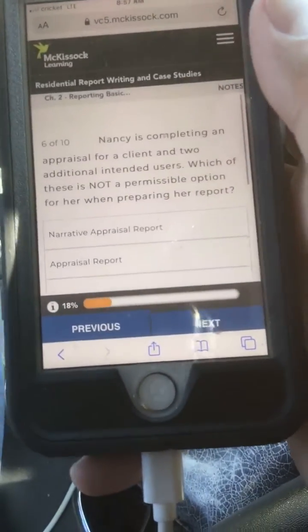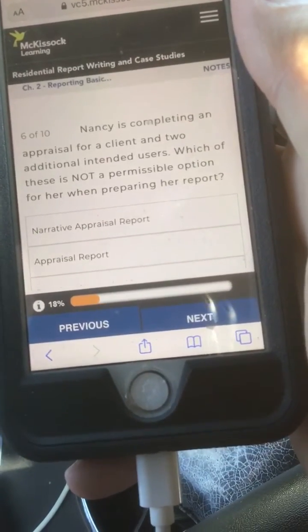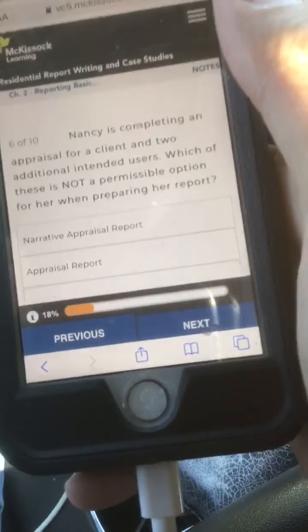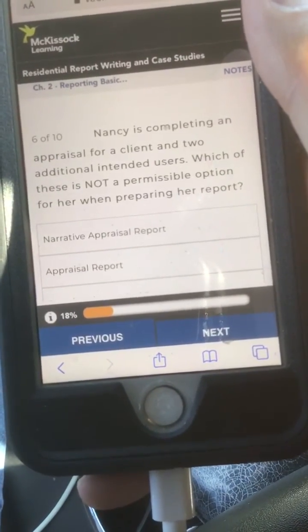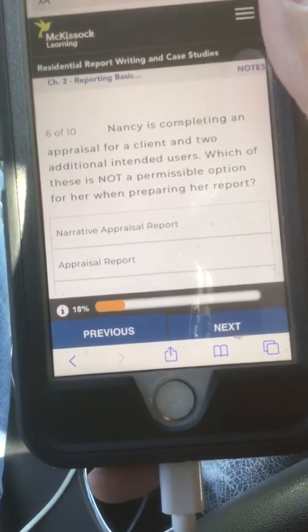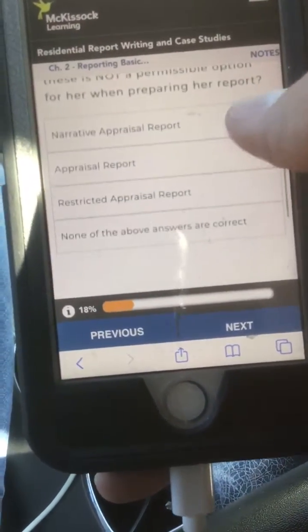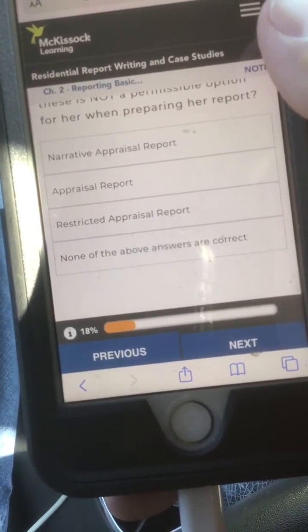Number 6, Nancy is completing an appraisal for a client and 2 additional intended users. Which of these is not a permissible option for her when preparing her report? A, narrative appraisal report.